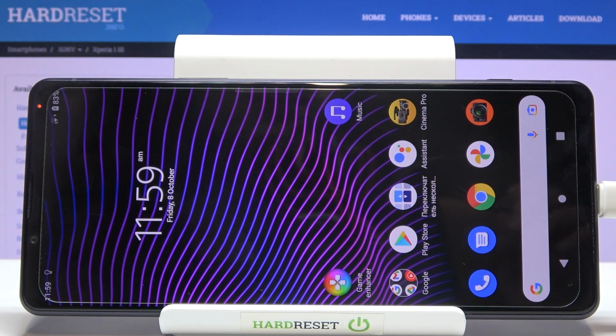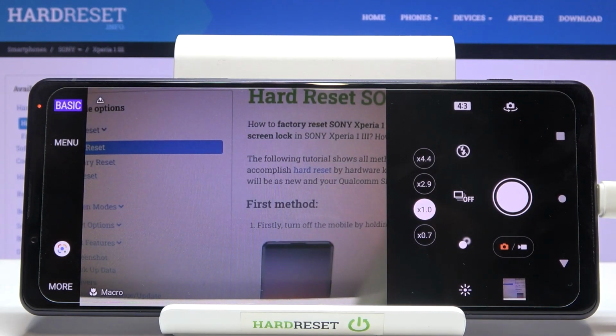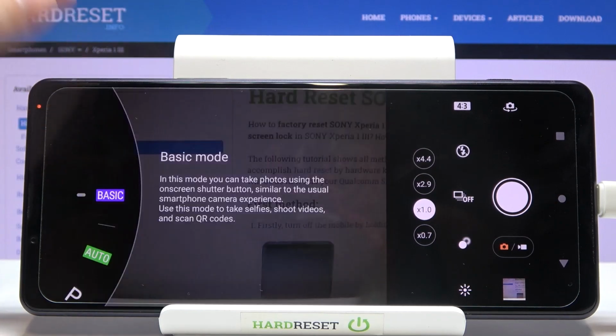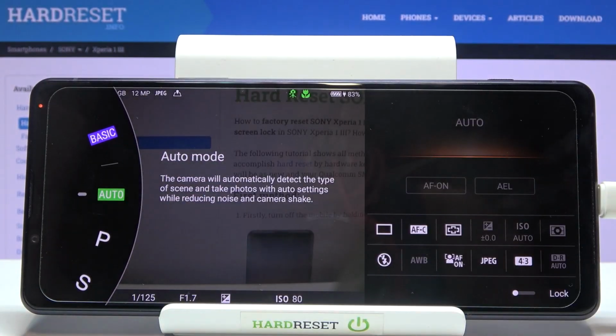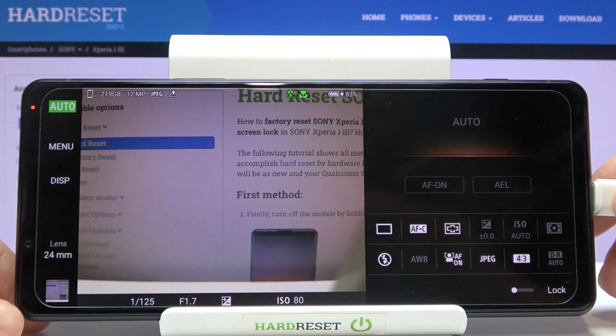Welcome, here I've got SONY Xperia 1 III and I'm gonna show you the overview of camera auto mode on this device. So let's start by tapping on the camera button to open it, and for now, as you can see in the left corner, we are in basic mode, so let's pick it to change it to the auto. And here we are. This mode has more settings than the basic one, and as you can see, it looks